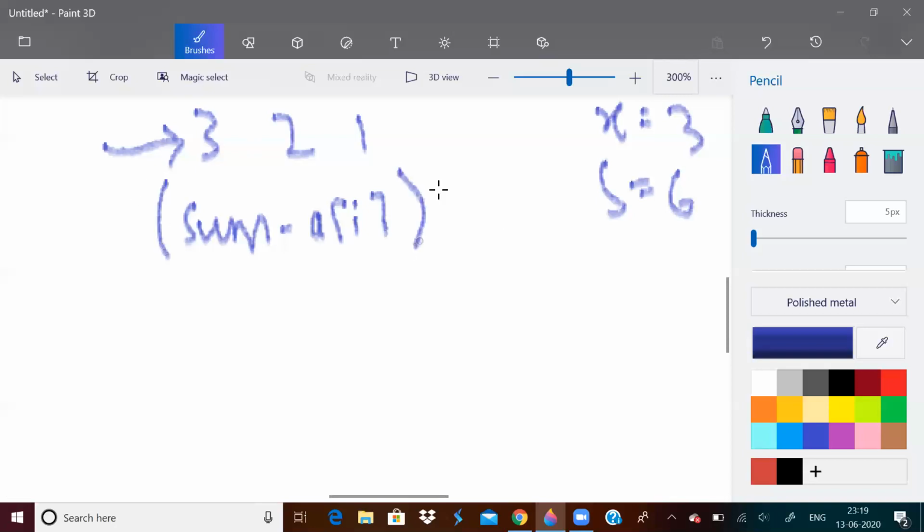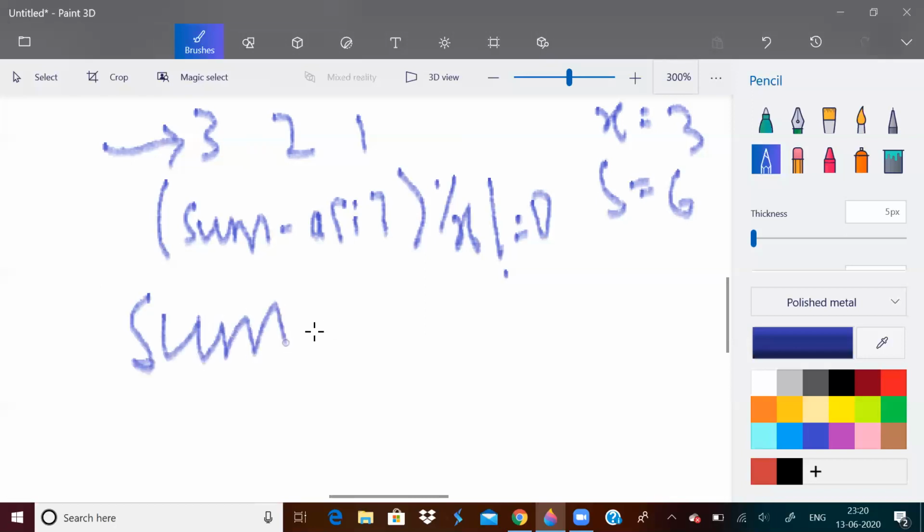If sum minus a of I mod x not equal to 0, then I can directly break out from the loop. So for example, if I say 6 minus 3, that is 3, which is divisible by 3, so the condition is wrong. So when the condition is wrong, I will decrease sum. I'll make sum equal to sum minus a of I.